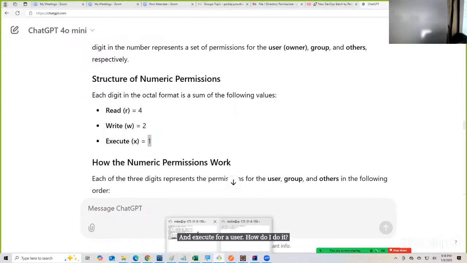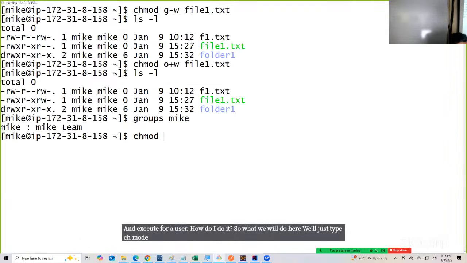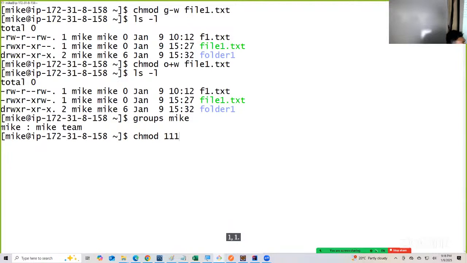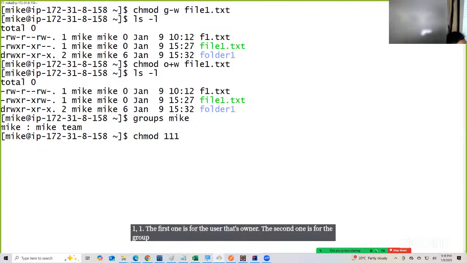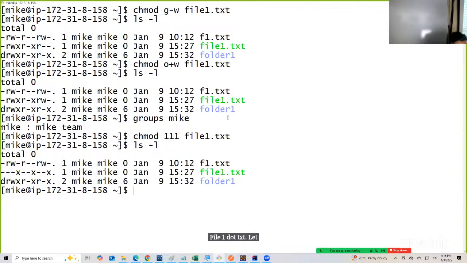So what we will do here, we'll just type chmod. I'll give here 1 1 1. The first one is for the user, that's the owner. The second one is for the group, and the third one is for the others. But which file do you want to do it on? file1.txt. Let's do ls -l. See this here. What happened? The owner has only execute permission,